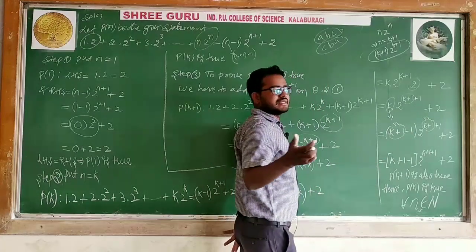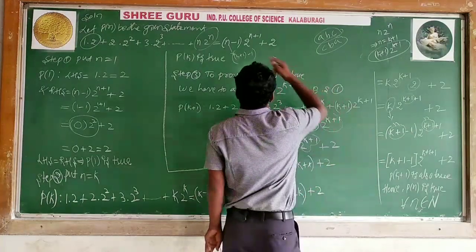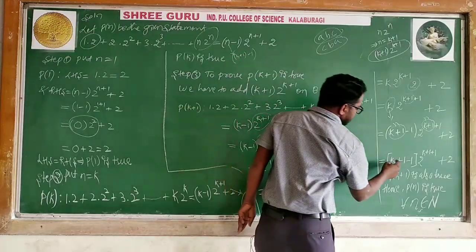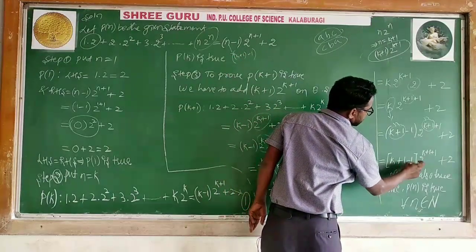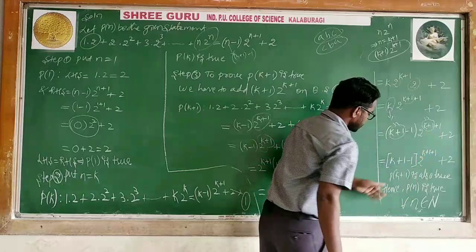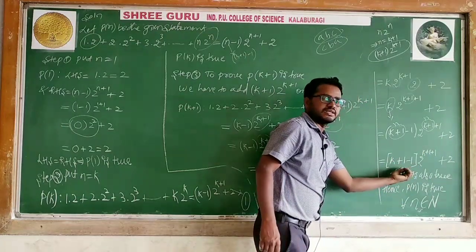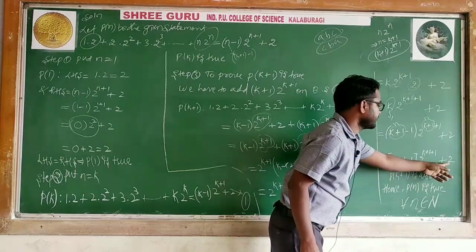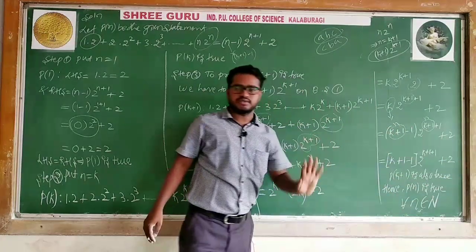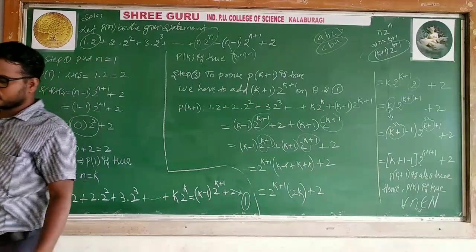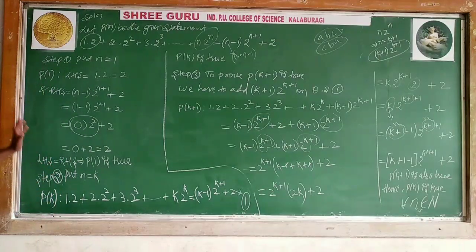Actually it is balanced. It is not necessary to write, but you have to express it in the form of n is k plus 1. So n is k plus 1 minus 1, 2 to the power k plus 1, plus 2. That only I expressed. Plus 1 minus 1 cancel, only k you get, so you can simplify in that form, plus 2. Everything is okay. So then you can say this is true for all natural numbers. These are the 3 problems.